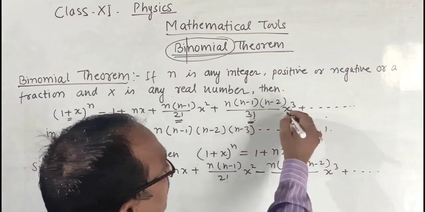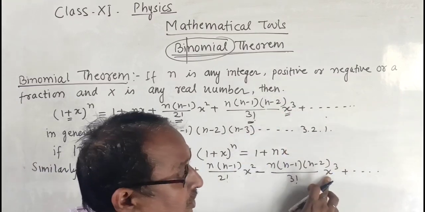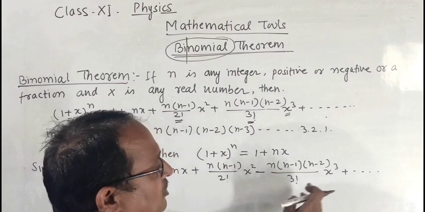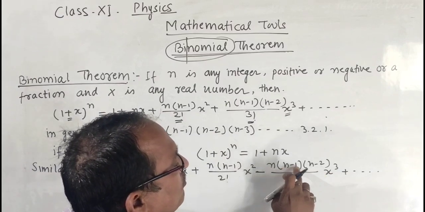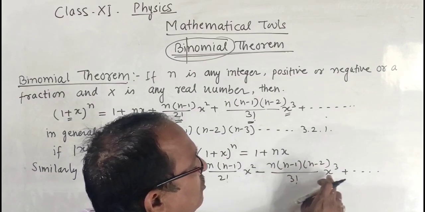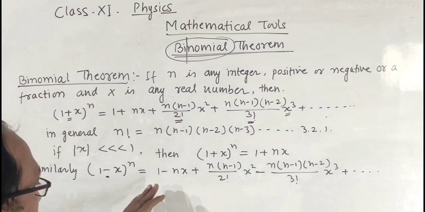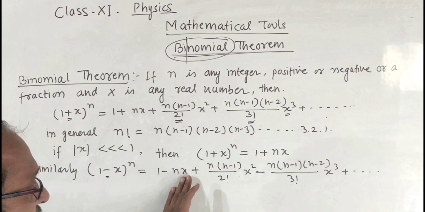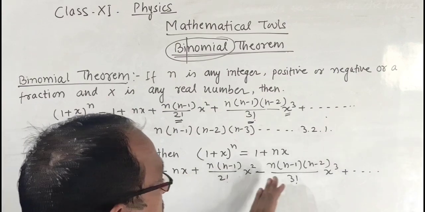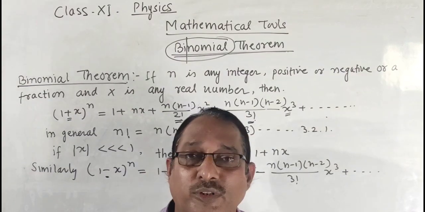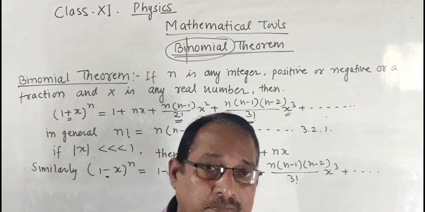But here again the minus x to power 3 will be here, so a minus sign will be generated, so we can write n into n minus 1 n minus 2 by factorial 3 into x cube, and so on. Here very easily we can observe that the first term is positive, the second term is negative, the third term is positive, the fourth term is negative,